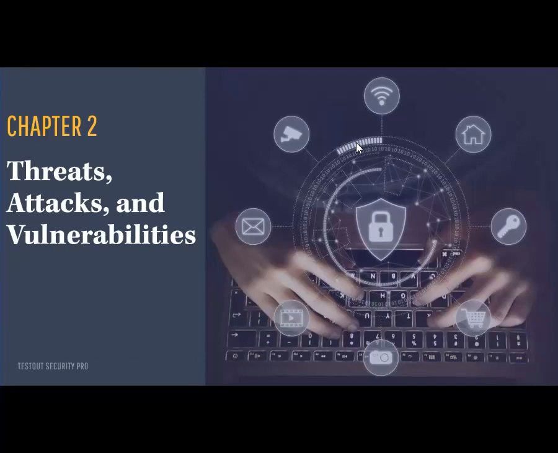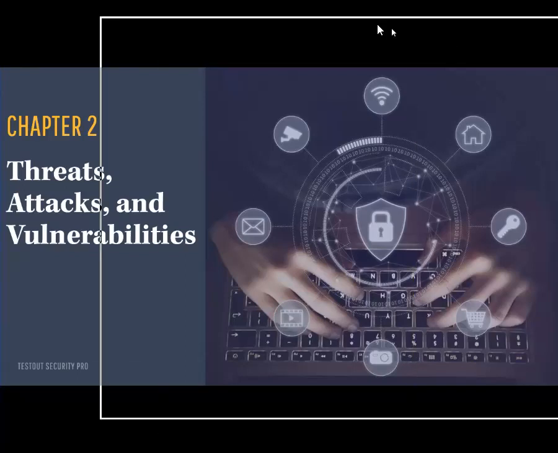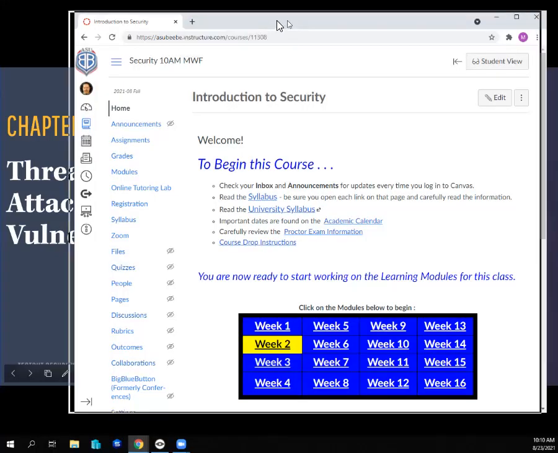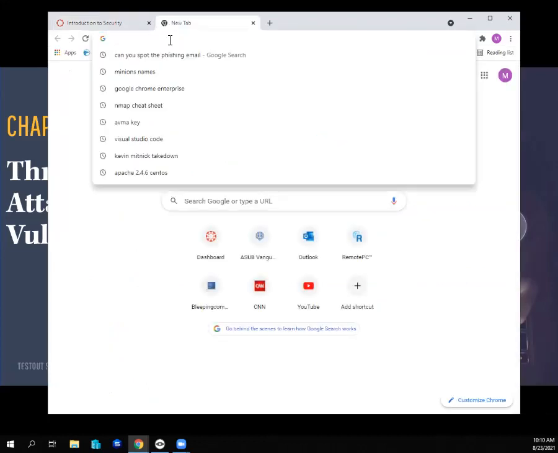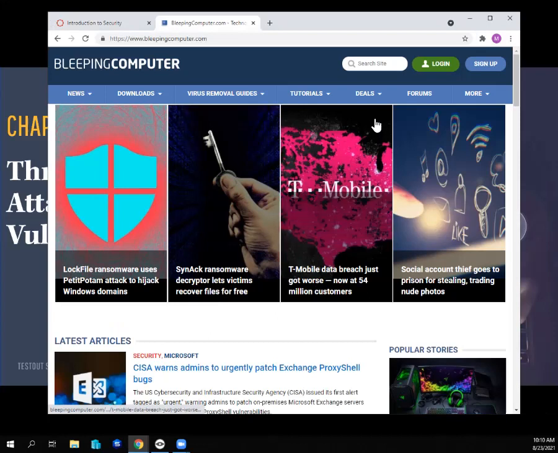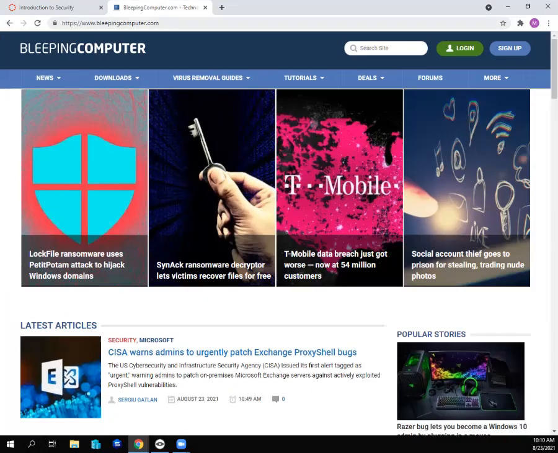I was saying that the website Bleeping Computer is so popular, Google's got it on there. So what's gone on over the weekend? AT&T got hacked or something. It's T-Mobile. Well, I heard AT&T did as well, but AT&T said